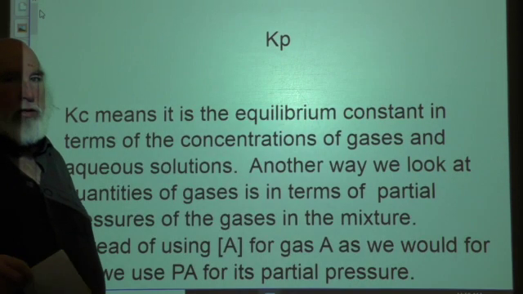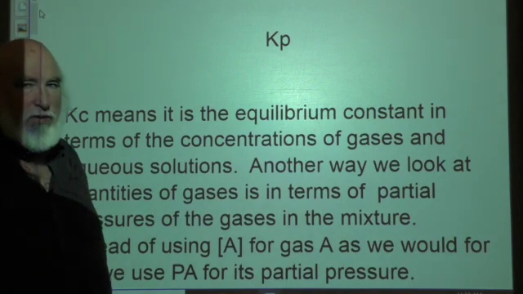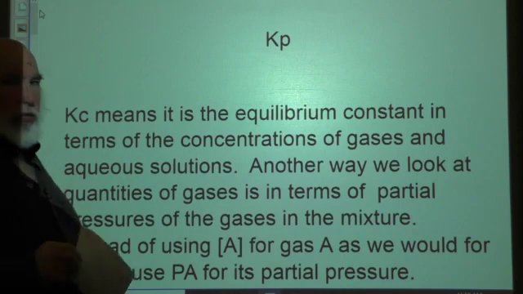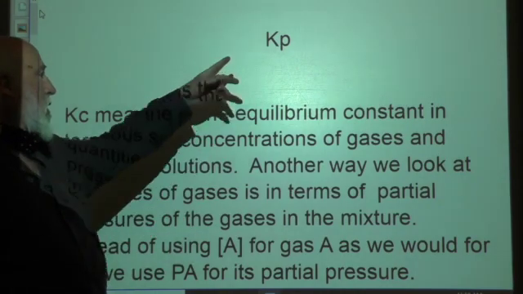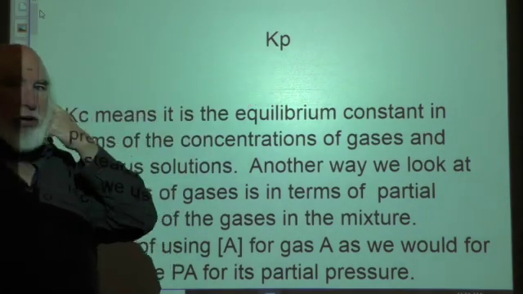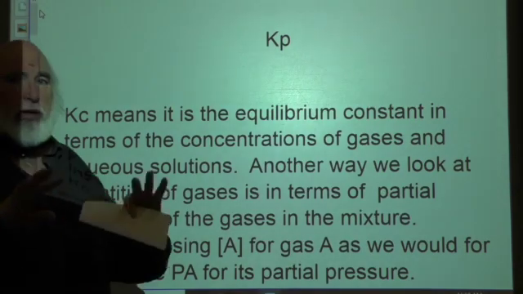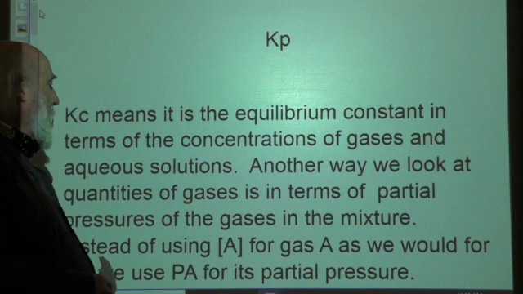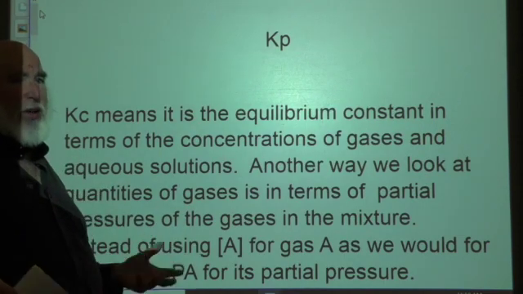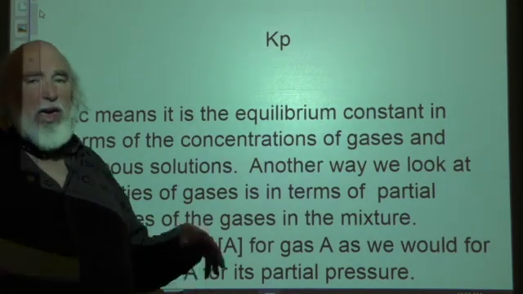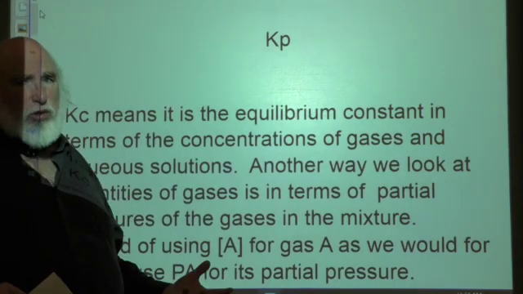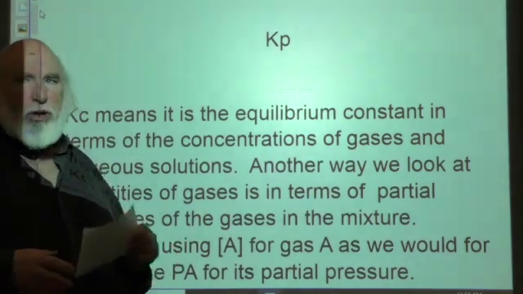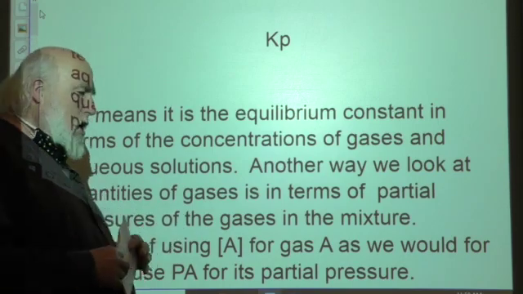Alright, now we've talked a lot about Kc, we dealt with Kc values. There's one other way in which we can measure equilibrium, that is through what we call Kp, where the P stands for pressure of gases. So this has to be an all-gas mixture at equilibrium. But it's very, very simple. It's exactly the same thing as the concentrations, except we use P symbols for pressure as opposed to the bracket